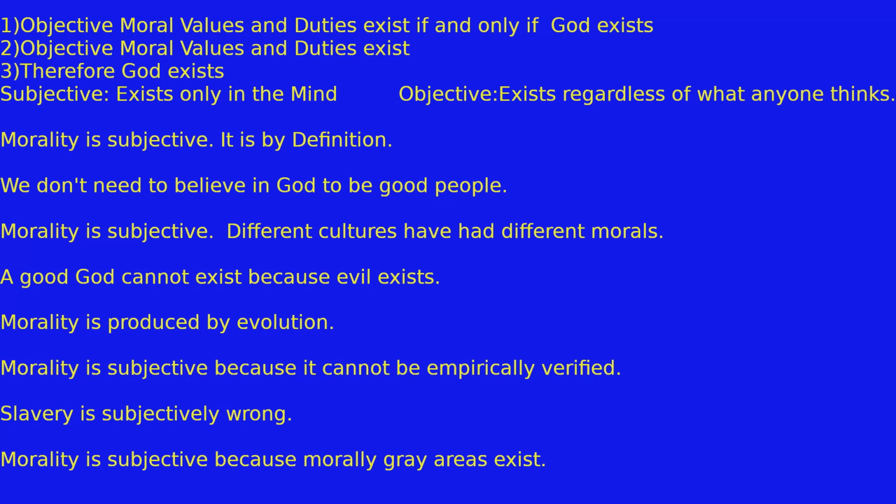And the syllogism: objective moral values and duties exist only if God exists, premise 1. Premise 2, objective moral values and duties exist. Conclusion, therefore God exists. Now this is technically a valid syllogism, but if people hear the word valid, they think